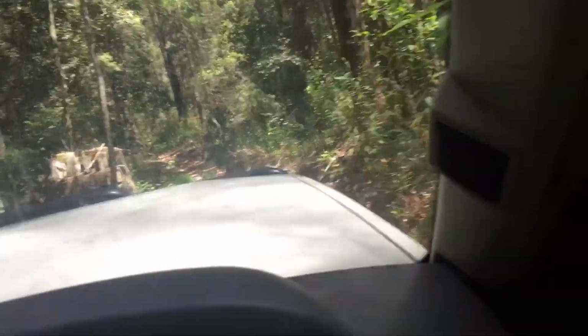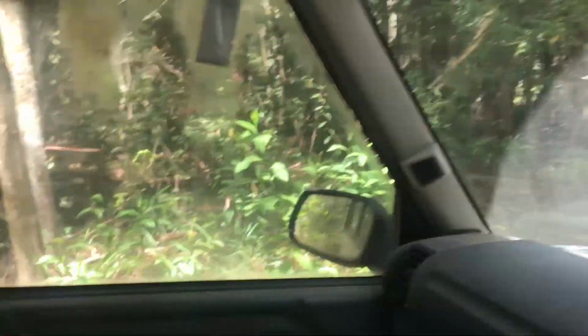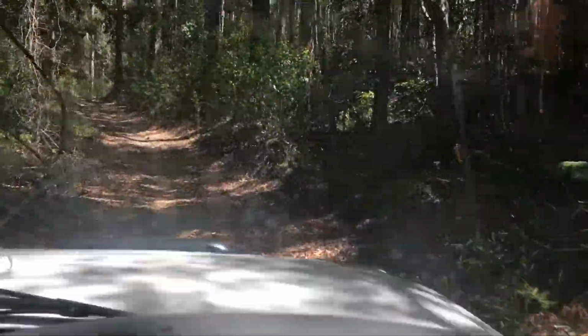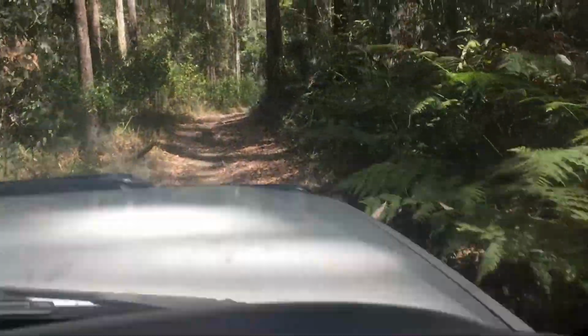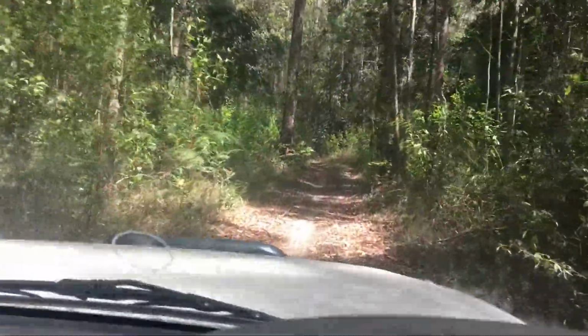Oh, look at this, there's a bad stick here. I think I made it. Look, hey, one thing I like about these windows, that one there should do automatically, but it saves your windows, your mirrors. Here we go. Especially after the storms or whatever, you get a lot of trees and logs down here. You just gotta flip hands a while here. It's nice, there's lots of shady spots to sit and have a coffee, but